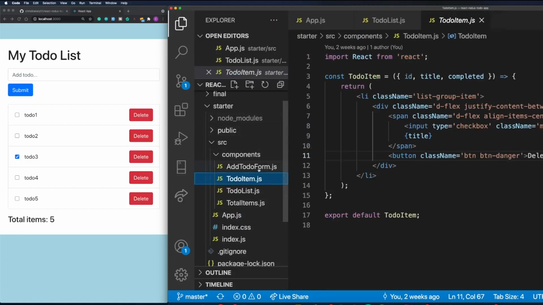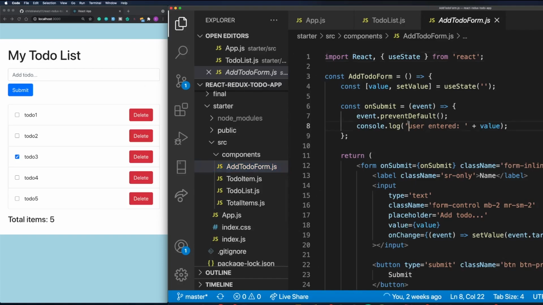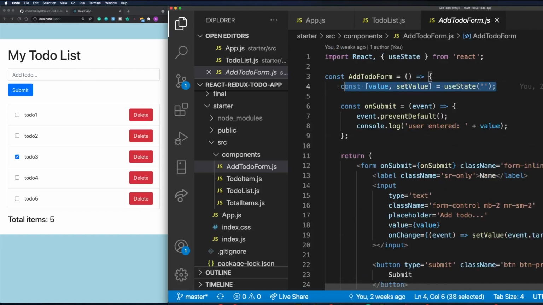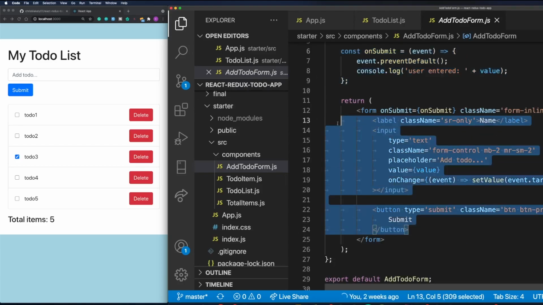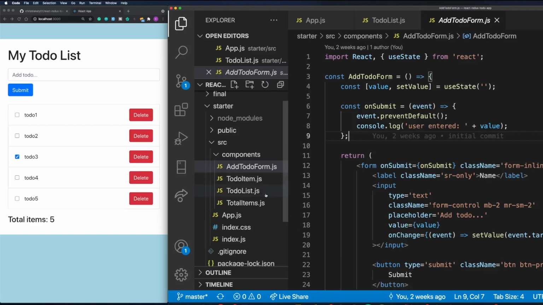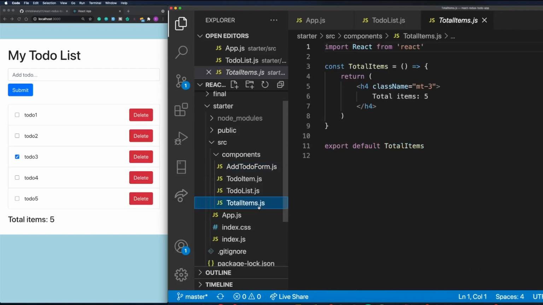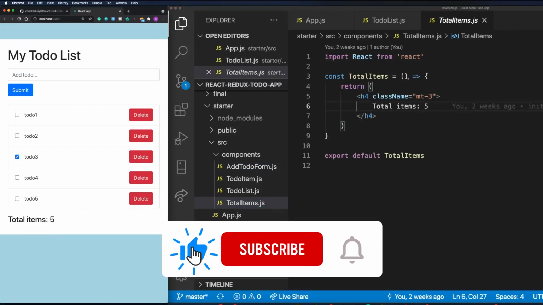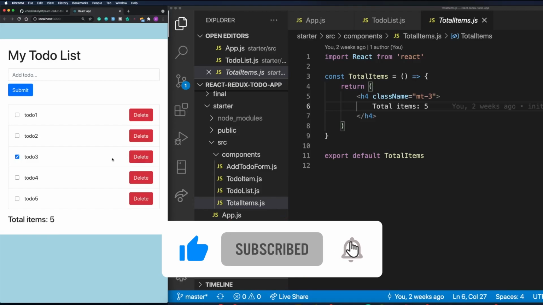If we have a look at the AddTodo form, this is the form at the top. We have a form here, which has the name, our input, and the button. We're using a state value to store what the user types. And we have an onSubmit function. This gets called when the form is submitted. And the last component to look at is the total complete items. And this just has a hard-coded value of 5 for the minute. So it doesn't correctly reflect the UI, but that's okay since we're going to change it later whenever we pull